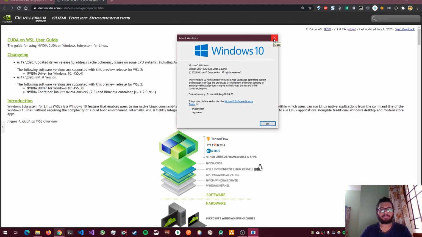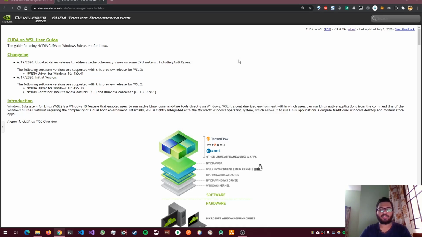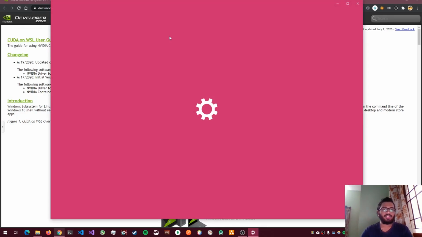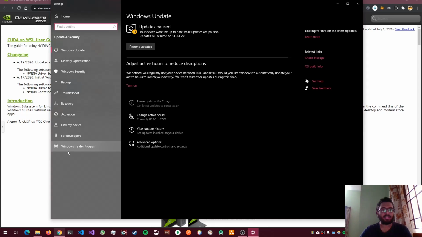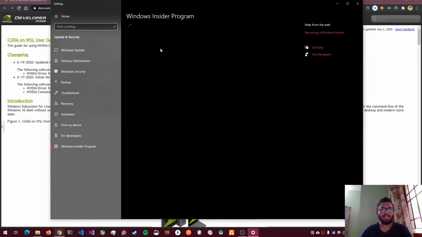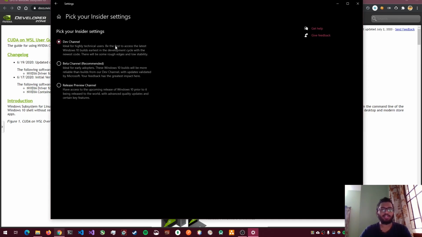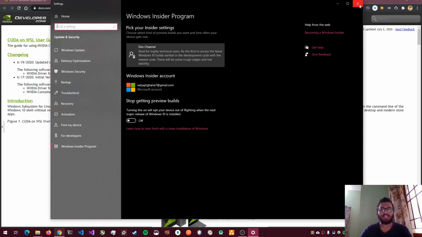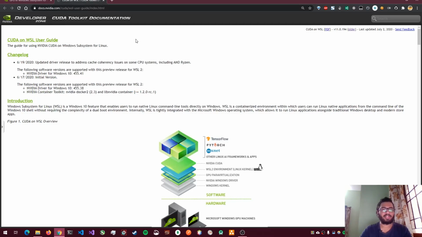And this is the Windows Insider build, so you will need to install that. For that, you can go to your update settings, and then there will be a Windows Insider program. In that, you have to enroll for it, and then select the fast ring channel or the dev channel in my case. After that is done, you will have the latest Windows 10 updates, the Insider version. Probably when this feature comes to the stable one, you won't have to do that anymore.